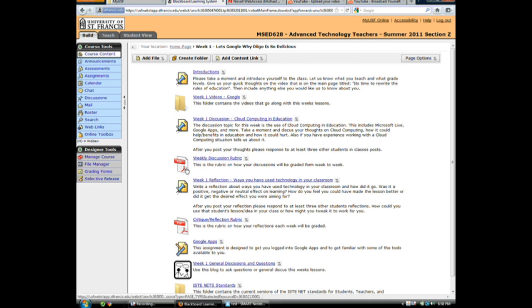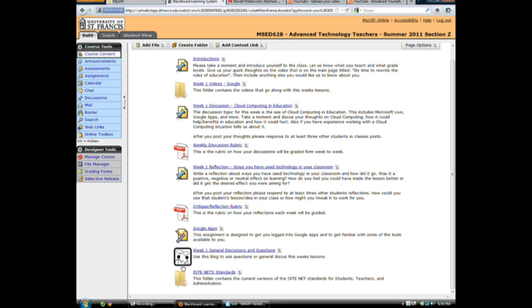You'll notice too down here we have the PDFs, basically just telling you that's a file that you can view. Normally the weekly discussion and the reflection rubrics are at the bottom, but for the first week I wanted to put them right with the discussion and the reflection, so you can go ahead and read them. The next icon you'll see here with the ruler, the pencil, and the page, that's any assignment. The description for the assignment will be right here, along with any directions that you might need.